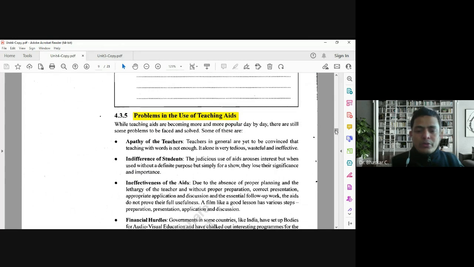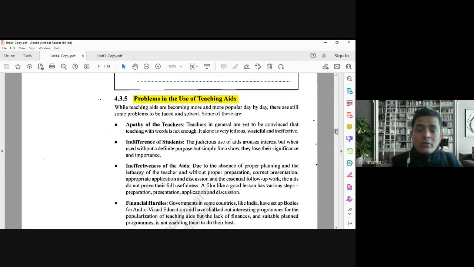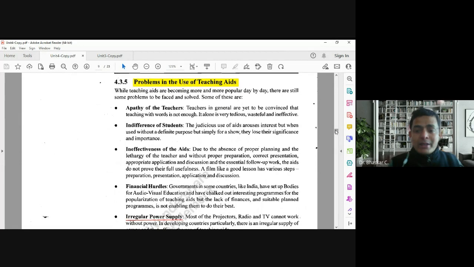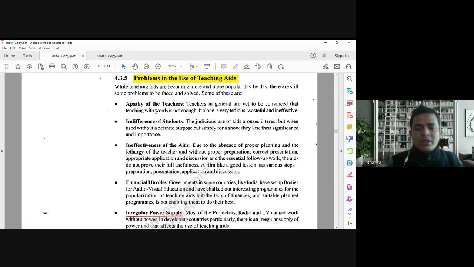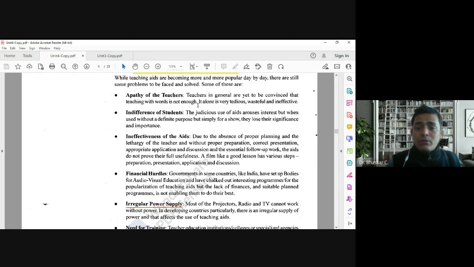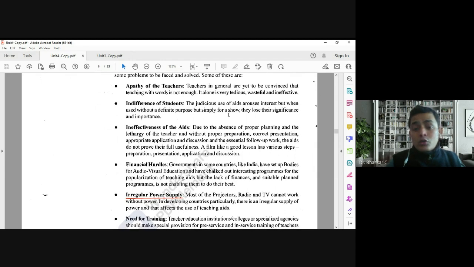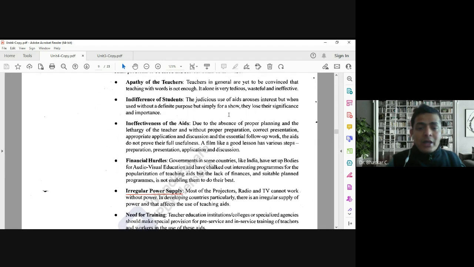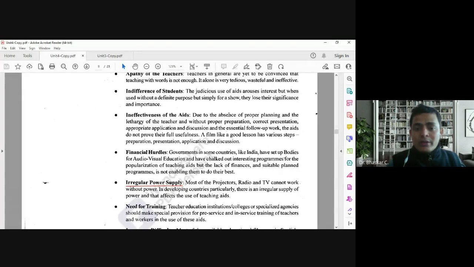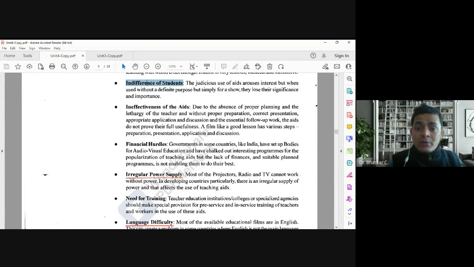What are the problems? There are many problems which come in the way of a teacher when going for the selection and the use of teaching aids. The first one is the apathy of the teachers. When the teacher is not convinced, then this problem arises. If the mass media or the teaching aid is not very useful for the teacher, it causes wastefulness of the mass media program, and the teacher himself or herself is indifferent, as well as